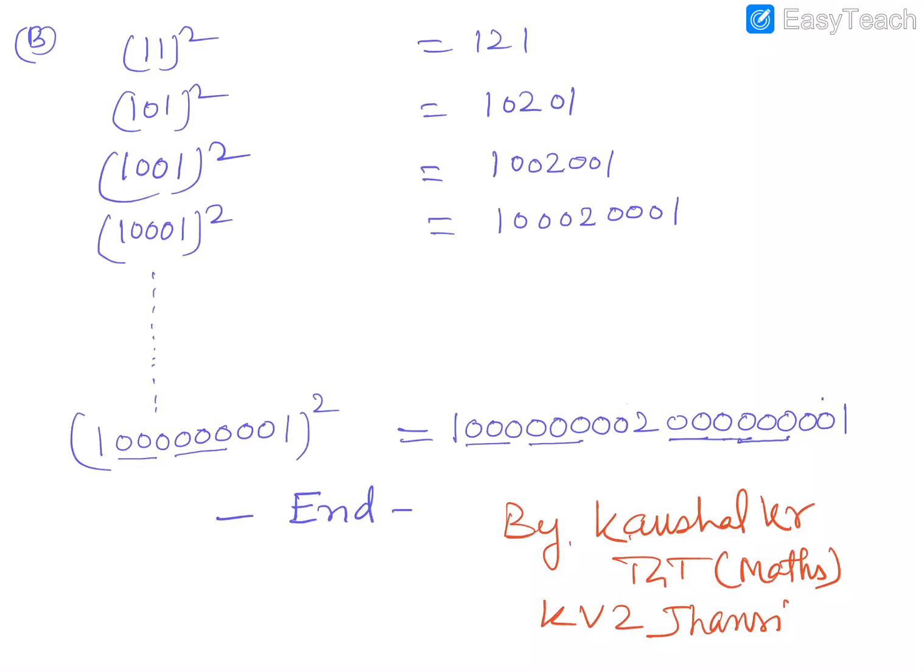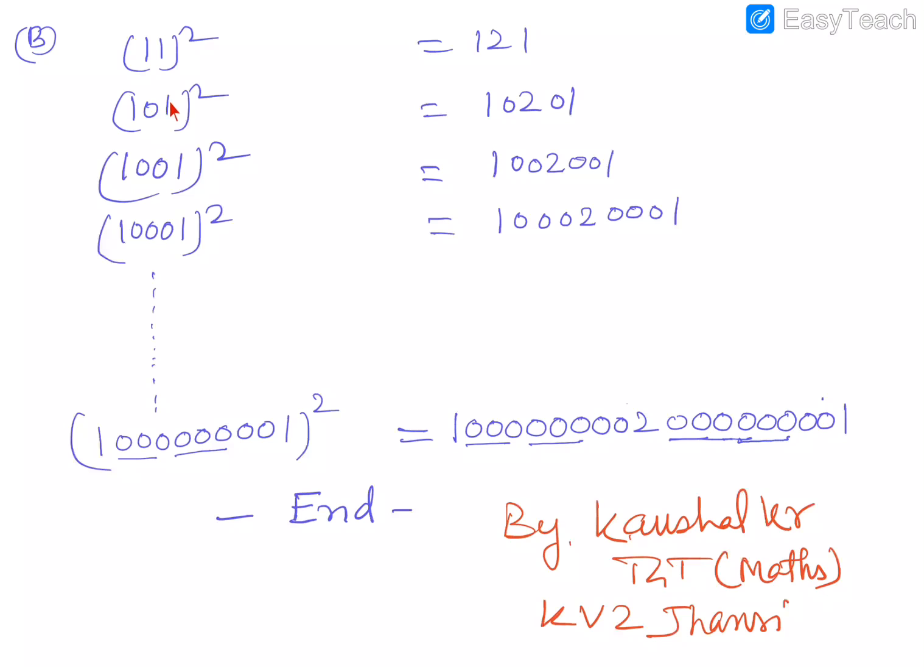Another special number: 11 square is already known, 121. It contains no zero in between these two ones. Now the next number is 101, containing 1 zero, then containing 2 zeros, then containing 3 zeros. The square of such numbers is written as